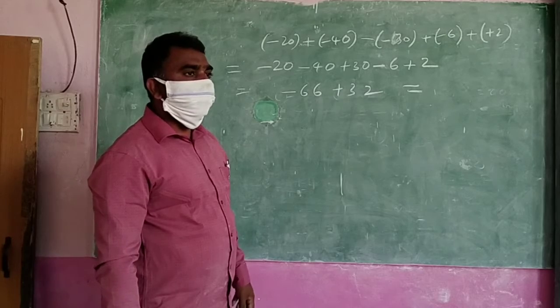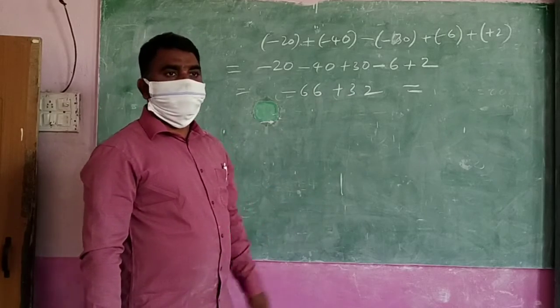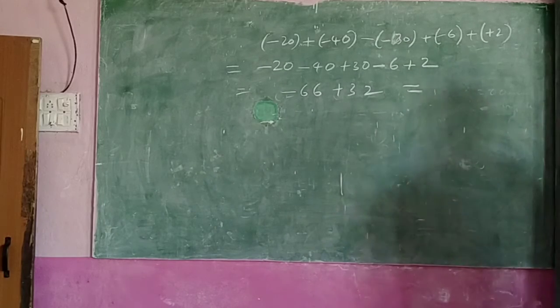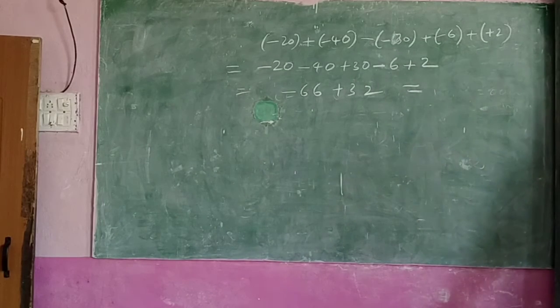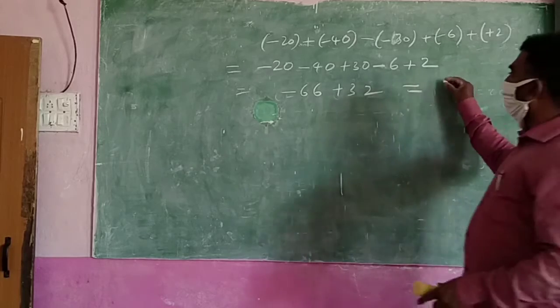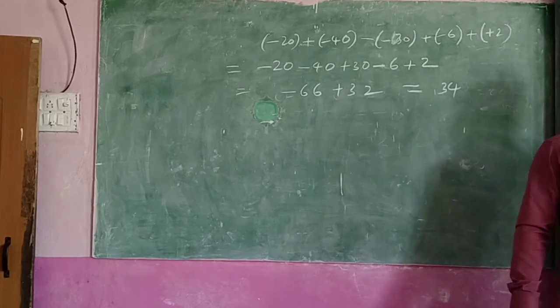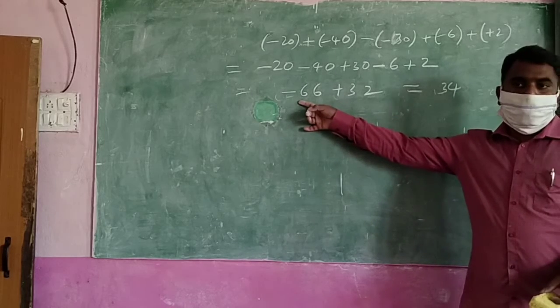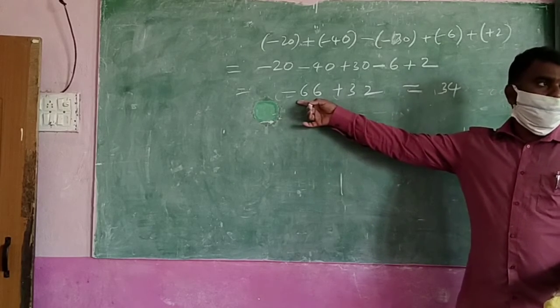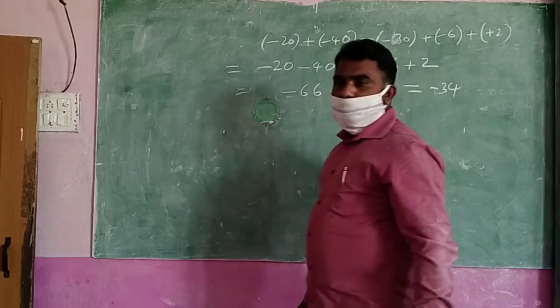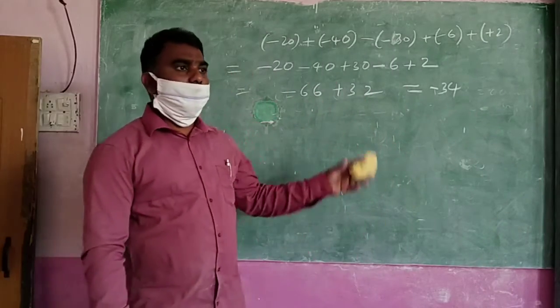90. Difference. 34 is the difference. 66 to 32, difference is how much? 34. Difference means how do you find? By subtraction you will find. So what will you get? 34. And where are we, up or down? Down, because down steps are more now. The steps are more here, down steps. That's why the answer is minus. Okay? Do you understand?